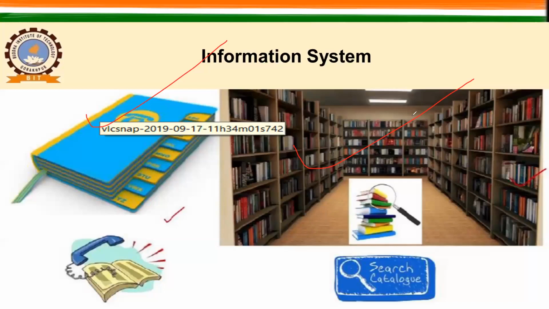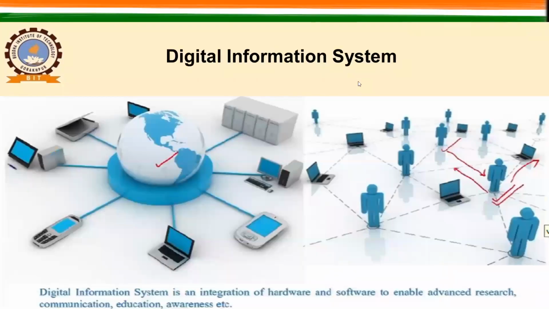Now let us see what is the difference between the information system and the digital information system. Both are different things, so we will see this difference. This is the figure here, and it itself explains the meaning of digital information system. Nowadays all our mobile phones, desktop PCs or hard disks are connected with the internet. And through the internet, you send a query and get an answer. That is the meaning of digital information system.